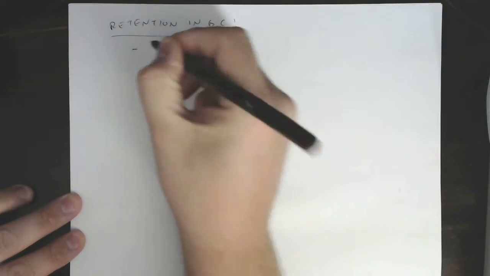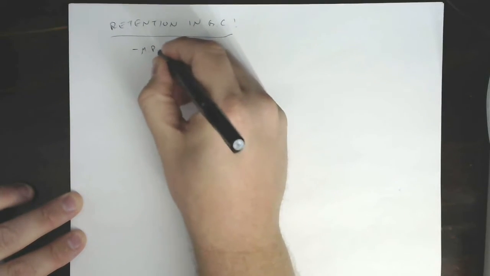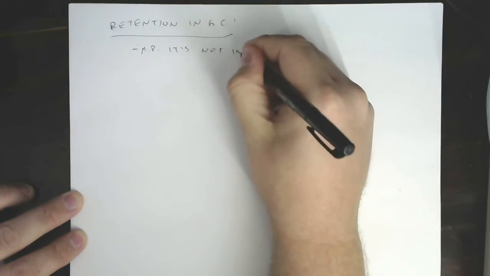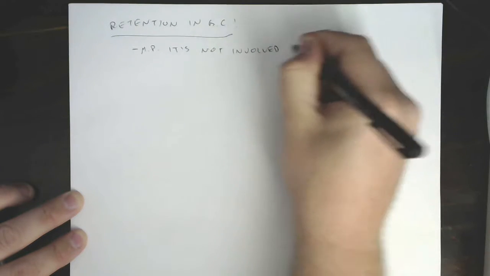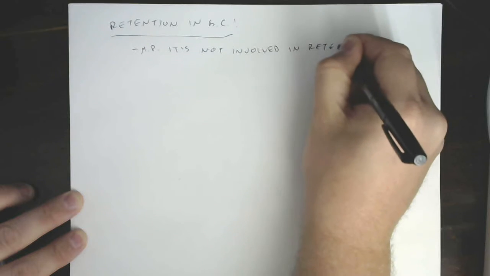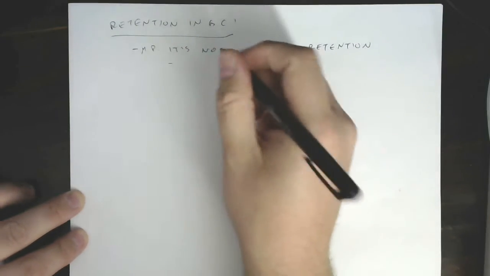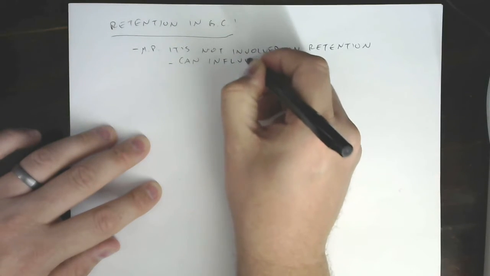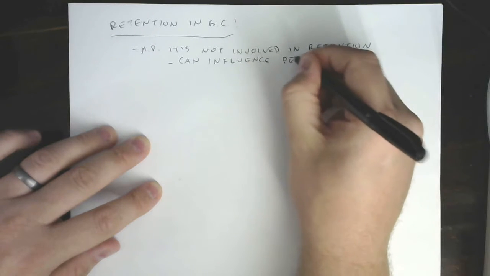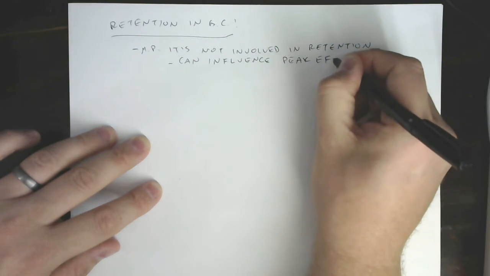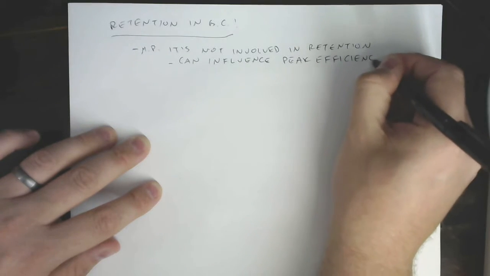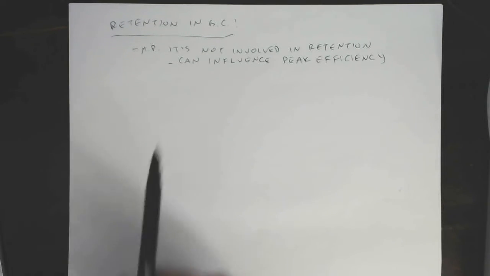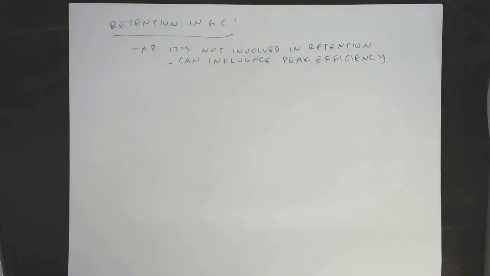So here's what we already know. I told you last time that the mobile phase is just a carrier gas, right? It's not involved in retention. What we did see last time is that the selection of the mobile phase can influence peak efficiency or band broadening. And we framed all of that around a discussion of Van Deemter and how Van Deemter changes with different mobile phase selections. But it doesn't play a role in the factor we're going to talk about today, retention, how long something stays